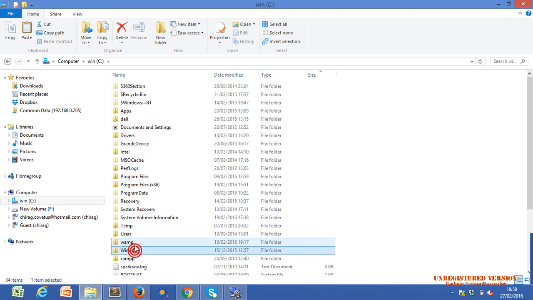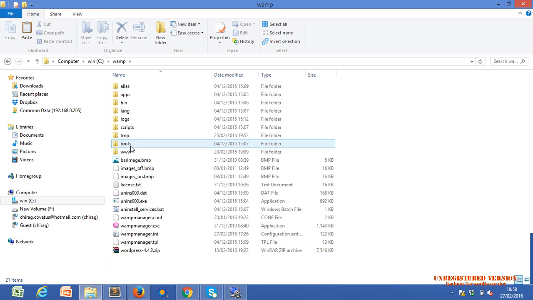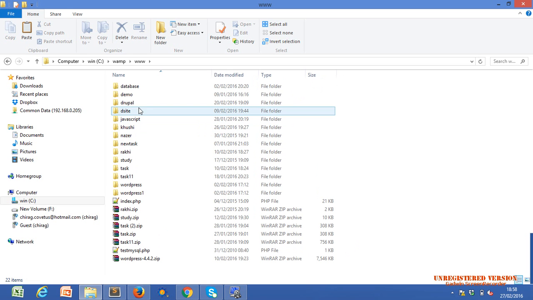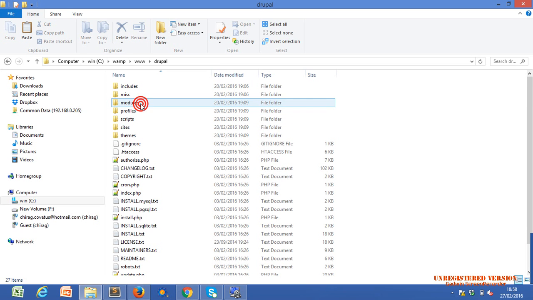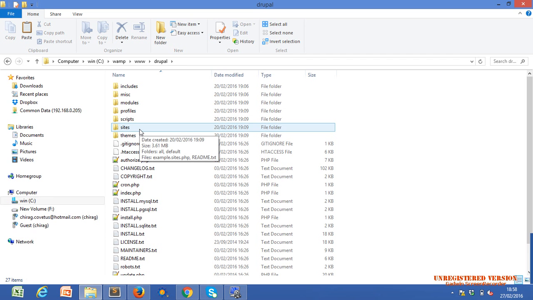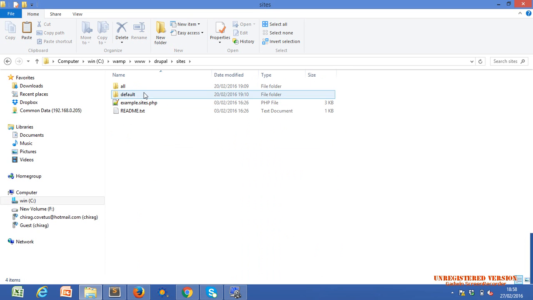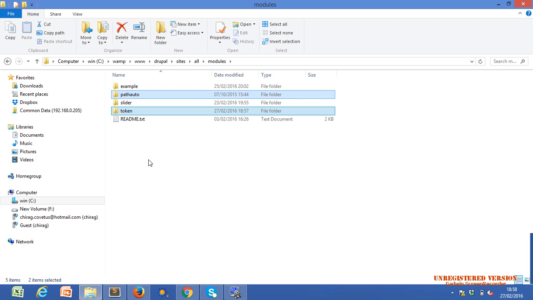Our website is in WAMP. Right now in WAMP, under sites, all, modules, I put these two folders. One is path auto.